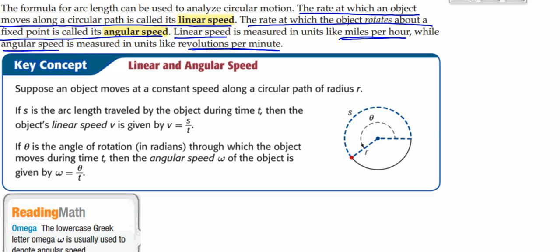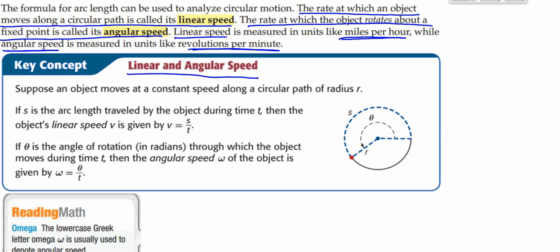They give some equations here, and I'm going to give some other ones as well. So linear and angular speed. We expect a constant speed, or we treat it like a constant speed, even if it's not, along a circular path of radius r, so we don't speed up and slow down at the beginning or the end. So if s is the arc length, and I will go back to my cursive s so that I don't have trouble with that,